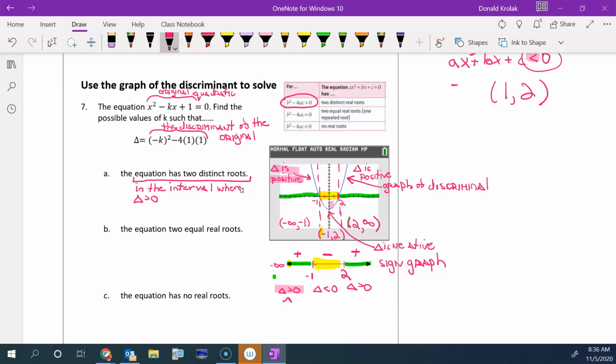So I just look at my sign chart. The discriminant is going to be positive from negative infinity to negative 1, or